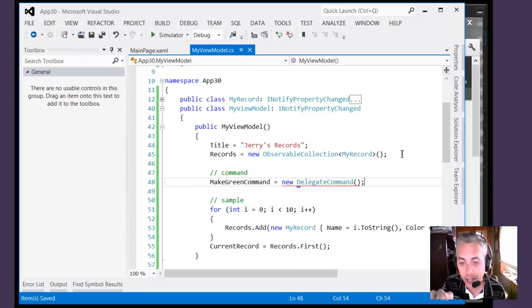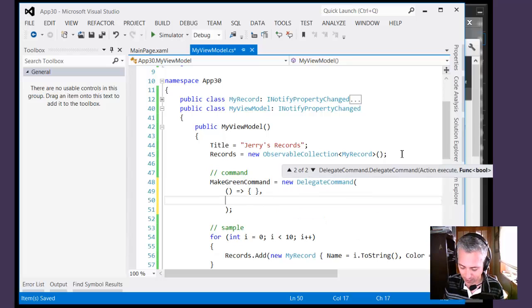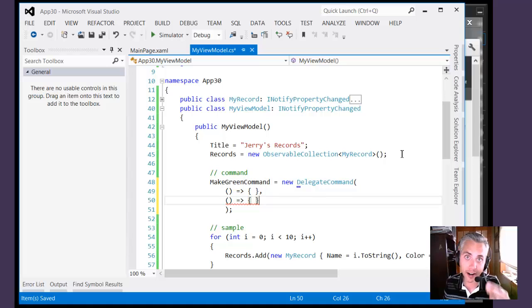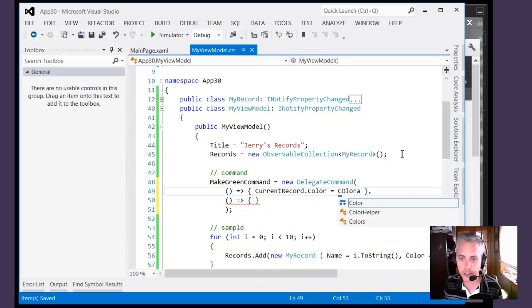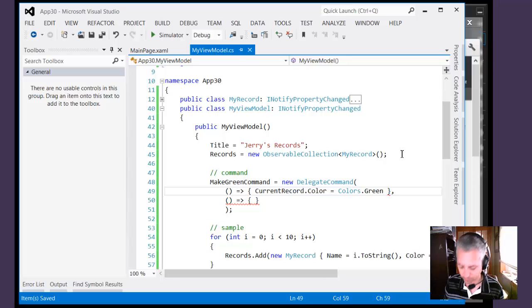And I know that some things belong inside that constructor, and I'm going to show you what they are. Two methods belong in that constructor. The first one is when this command executes and you're supposed to make it green, this is the method that makes it green, right? It looks like this. So far it's pretty boring. The other method that goes below it here is going to be the method that determines whether or not I can actually do it. Let me just implement them both and you'll see what I mean. So the first one is CurrentRecord.Color equals Colors.Green. Beautiful. Now, see, that's the action. When I click it, this is the action that has occurred. And then I say here,